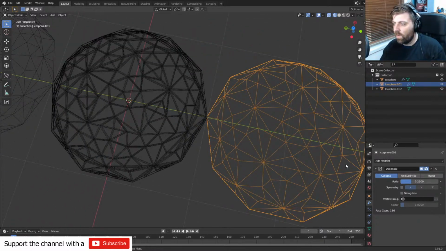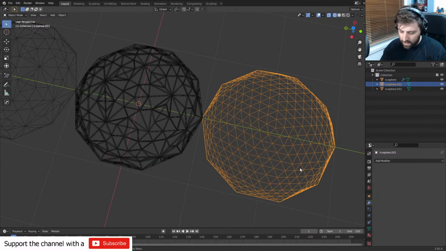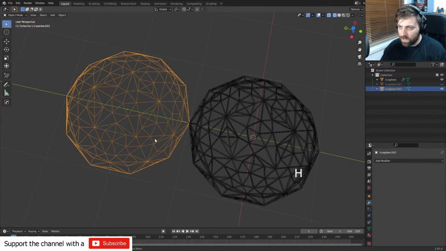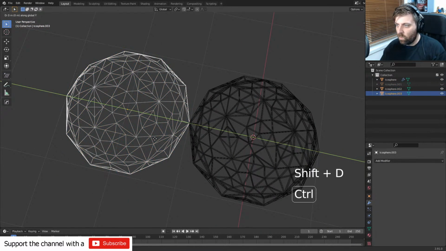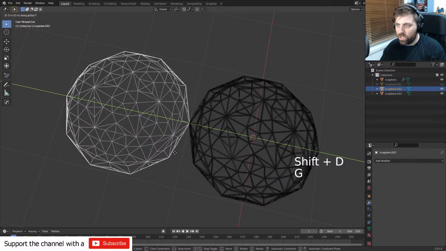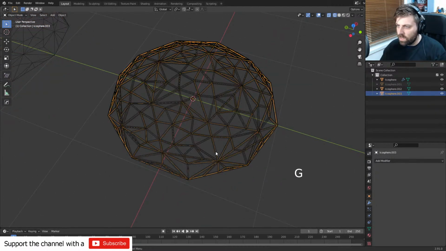Look, let's just go with it. Whatevs. Let's select that one. I'm going to hide that, and then we'll select this one here, Shift D, Y, bring it back. GY, I'm going to move that over. So we've got